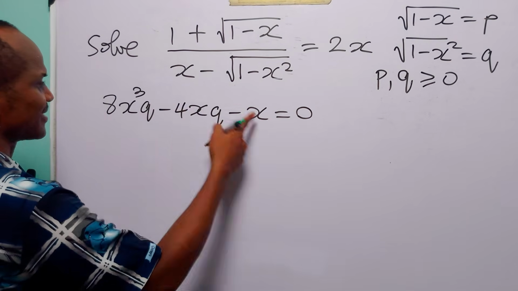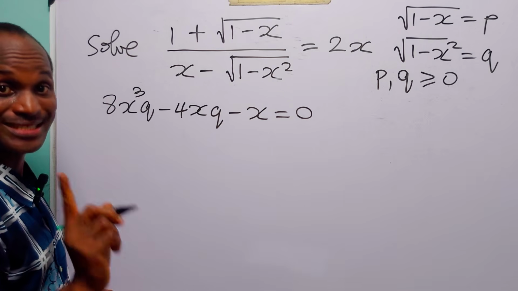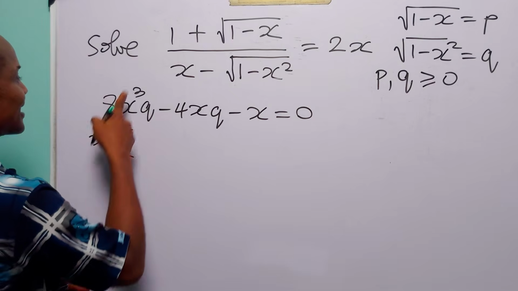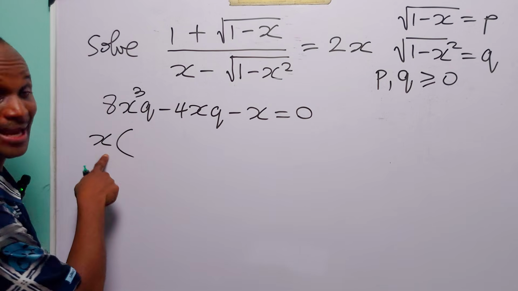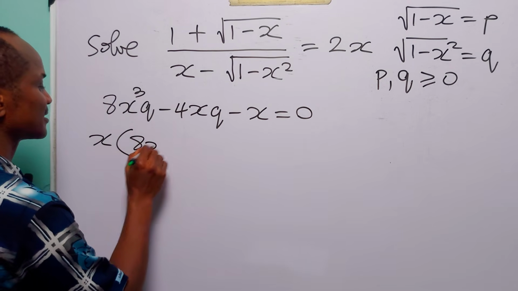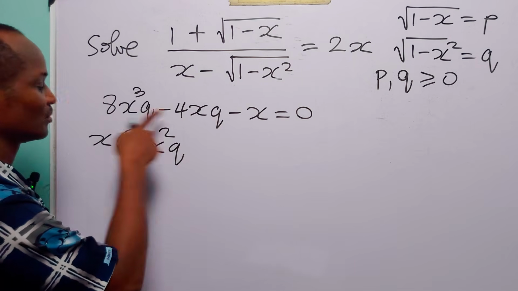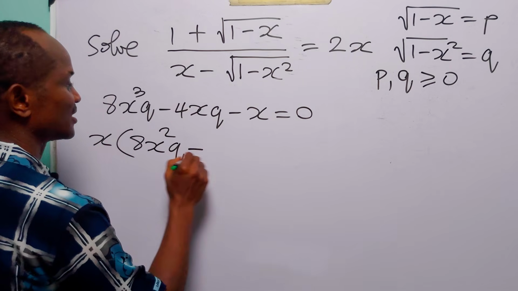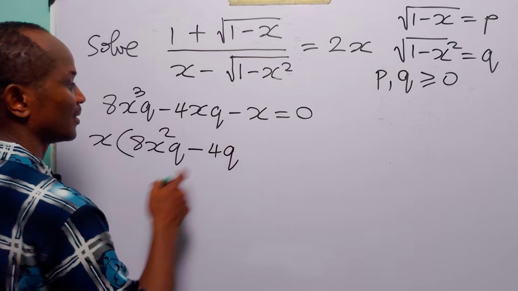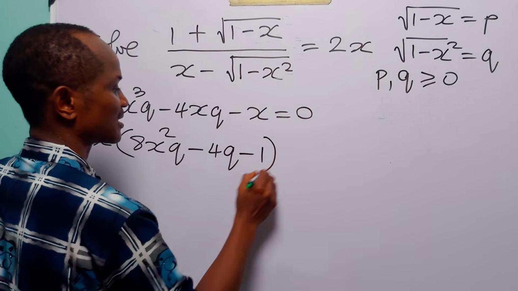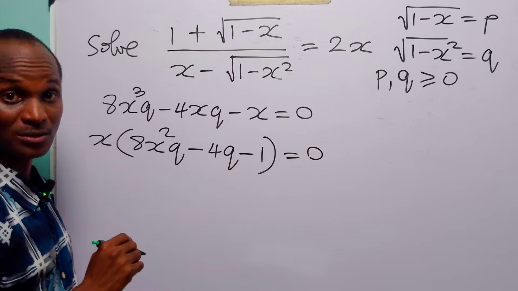Now, when you look at these three terms, you're going to see a common factor, which is x. So we have x into 8x cubed divided by x is going to give us 8x squared cubed, minus 4x cubed divided by x is going to give us minus 4 cubed. And of course, minus x divided by x is going to give us minus 1,